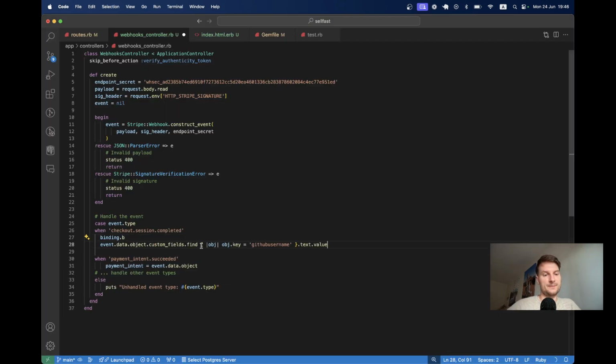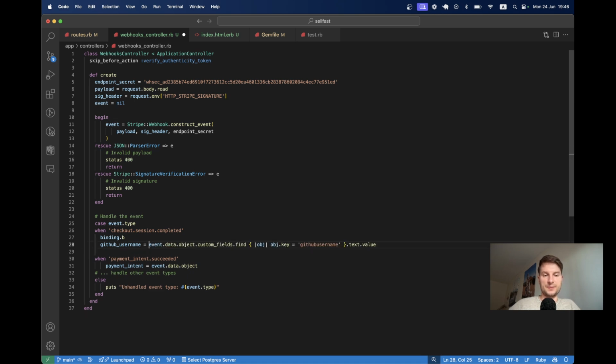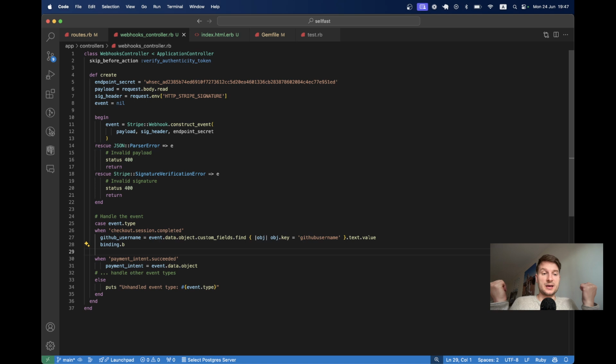So this is how we can get this custom value of the GitHub username. So let's say GitHub username equals this big line. Okay, so we are processing the Stripe webhooks, and if there was a successful payment, we find the GitHub username that we want to give access to. So the next step is going to be to actually integrate the GitHub API and give the user access to